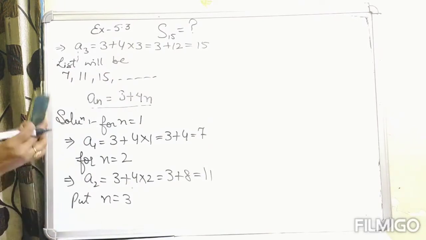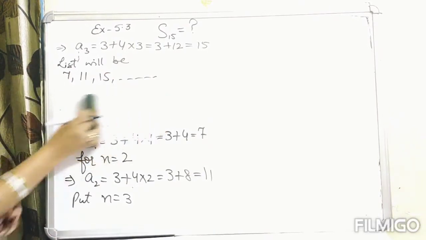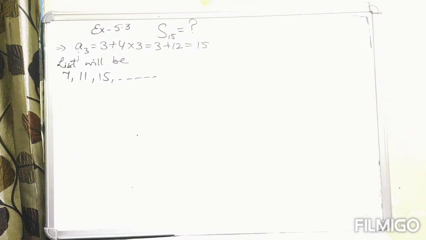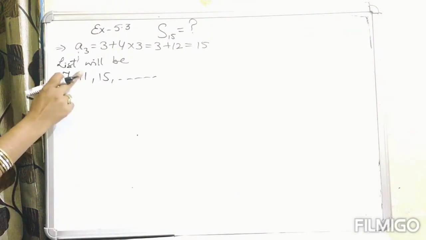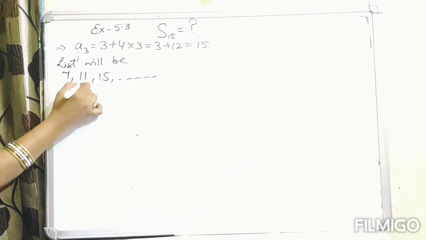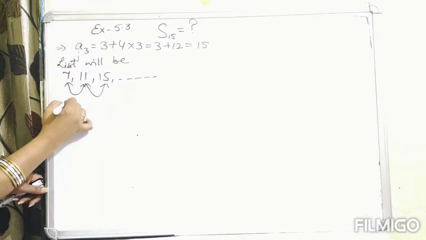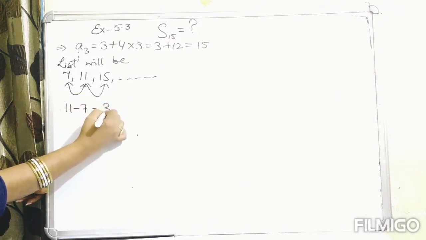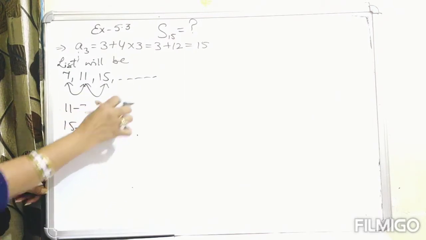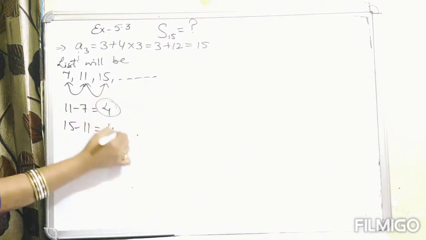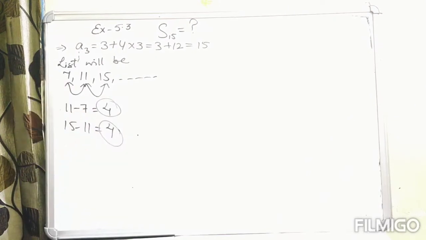So now you have to tell me whether it is an AP or not. Just tell me first, is it an AP or not? Yes. For an AP we have to check whether the common difference is there or not. The difference between these two terms and these two terms, if the difference is the same for the consecutive terms, that means it is an AP, and we can see that easily. 11 minus 7 is 4, sorry, and 15 minus 11 is again 4. So the difference is the same, and that's why the difference is common, and that's why it forms an AP.